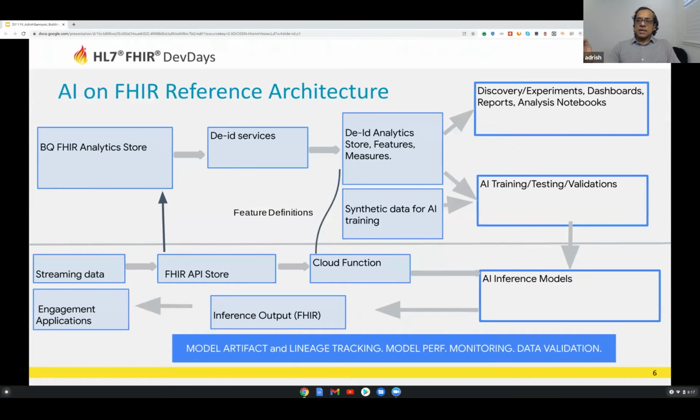And this is a reference architecture, using some of the capabilities in Google Cloud, but you can always implement it in any other environment that you have. Some of my colleagues probably talked to you about the FHIR store and the corresponding BigQuery SQL store that you could do in a streaming fashion in the Google Cloud environment. After that, you can apply something like a DID mechanism that will create a